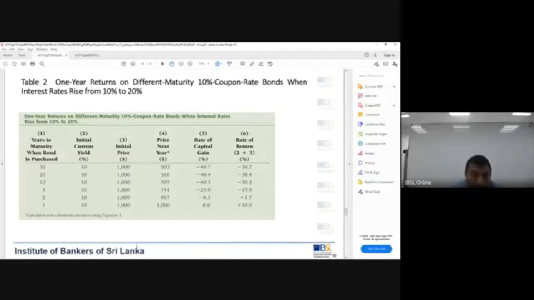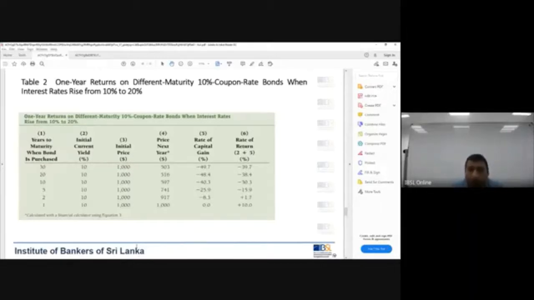Okay, so you see the element 2 plus 5 is already minus, and 10 is the coupon return, that is column 2 here. So you end up with a return of minus 39.7 for the 30-year. But for the 2-year, you still see a positive return, 10% coupon plus minus 8.3. So it is 1.7. So you can see very clearly from this example, the interest rate change